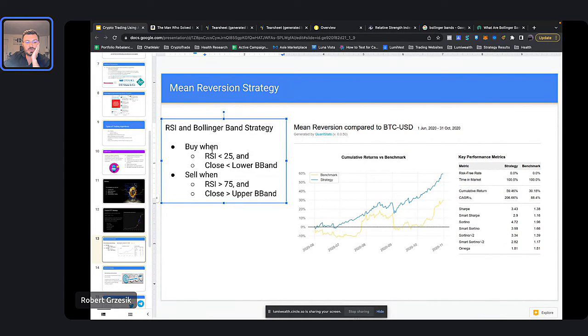So we're buying when RSI is below 25, and also we are below the lower Bollinger Band, so both confirm each other. And then we sell when RSI is above 75, and also the closing price is above our upper Bollinger Band, right? So they have to confirm each other there as well, right? So we have a buy signal, and we have a sell signal, depending on where that is. And we have confirmation between these two different indicators to tell us what to do, right?